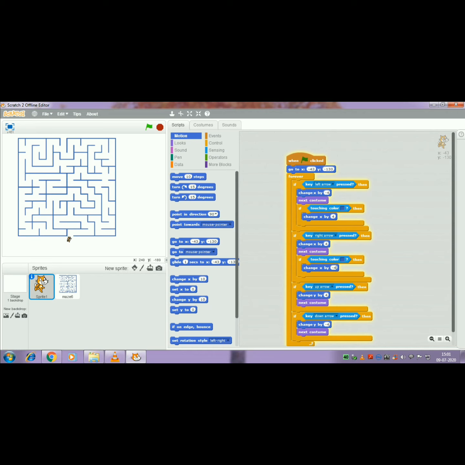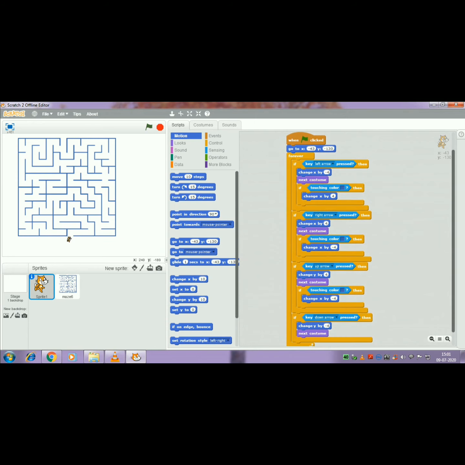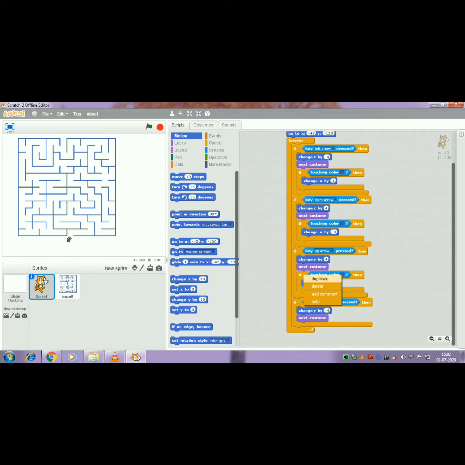We will need this for each direction, because if you click on the green flag right now, it gets moved by 4 pixels back to its original position, but the cat can still move up, down, right through the wall. So I will click on the red stop button to stop the program. I will go ahead and right click on this if block and duplicate it for the other if blocks. So for the right arrow case, to cancel out that movement, I will need to change this to -4.